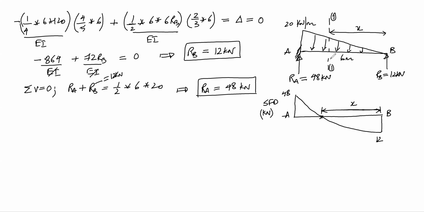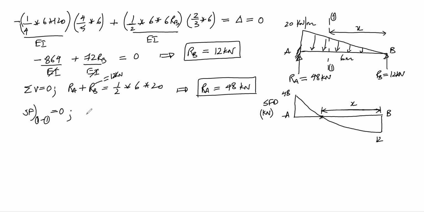So I know at this section 1-1, the shear force is 0. So I can say shear force at section 1-1 is equal to 0. Now, if I write the total shear force at this section by considering either right hand side or left hand side,